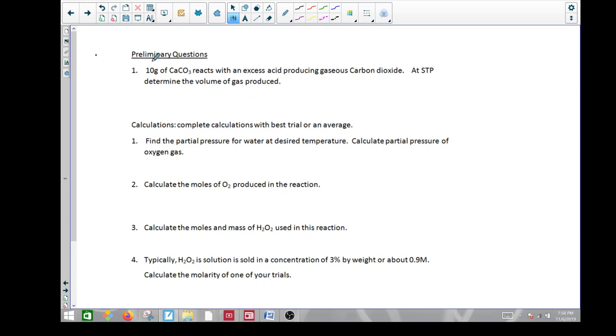Now, this one here is a unique question. 10 grams of calcium carbonate reacts with an acid to produce gaseous carbon dioxide. Determine the volume of gas. Okay. So I'm assuming it's not giving a whole lot about the chemical reaction, but you should be aware of that. The calcium carbonate will react with an acid, H plus, to produce